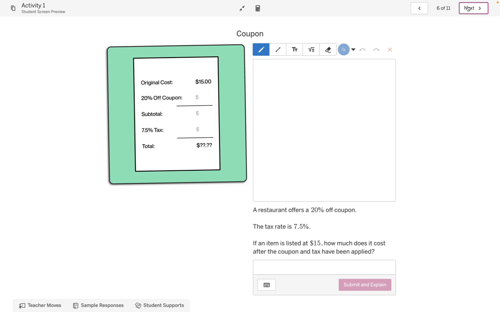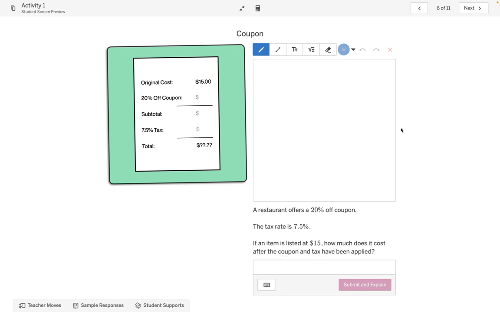On this side, we're going to look at coupons. So coupons are not a percent increase, but a percent decrease. And they've changed some elements to the problem. So this is a restaurant that offers a 20% off coupon. The sales tax is 7.5%. If an item is listed as $15, how much does it cost after the coupon and the tax has been